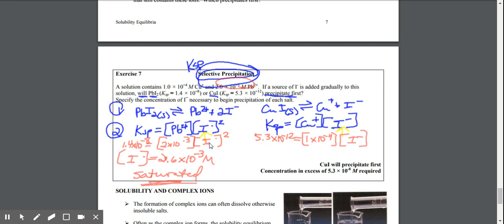Be careful. For the other I minus, I had to end up taking the square root to get its final answer. This one I don't. So make sure you pay attention to coefficients and that you're raising it to an exponent. When I solve for the I minus here, I end up getting 5.3 times 10 to the negative 8th